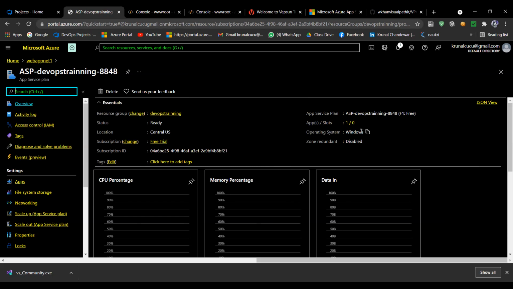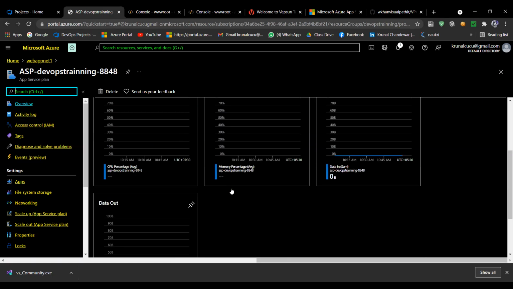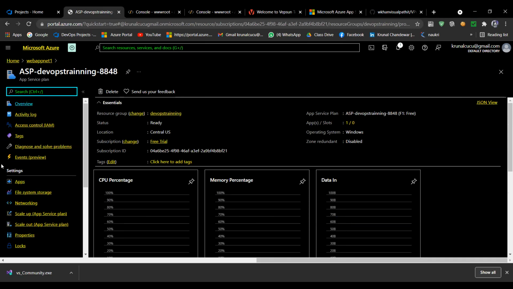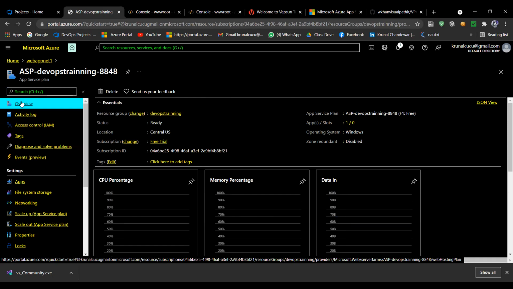We don't have much information, and all that information you will get in Kudu, which is our today's topic. Maximum information of this web app you will get here only. So where and how to tackle that, we will discuss. First one is our Overview tab. We will discuss only the important ones.